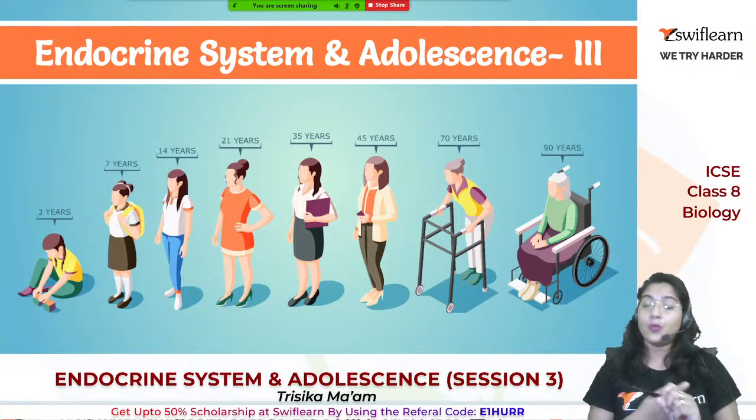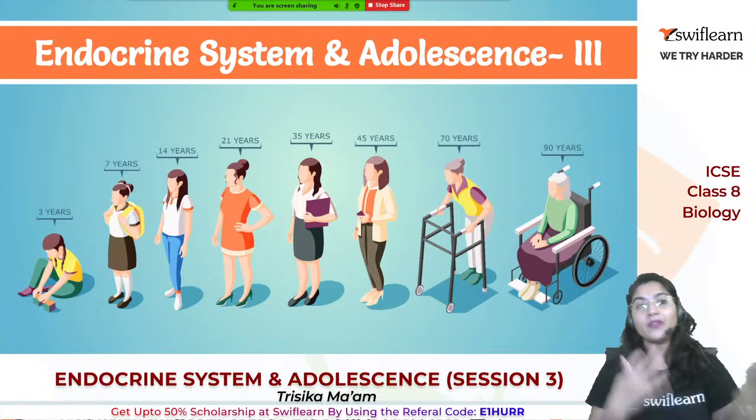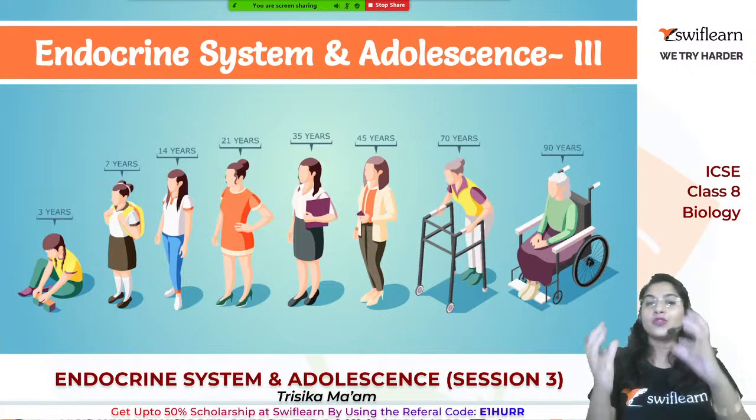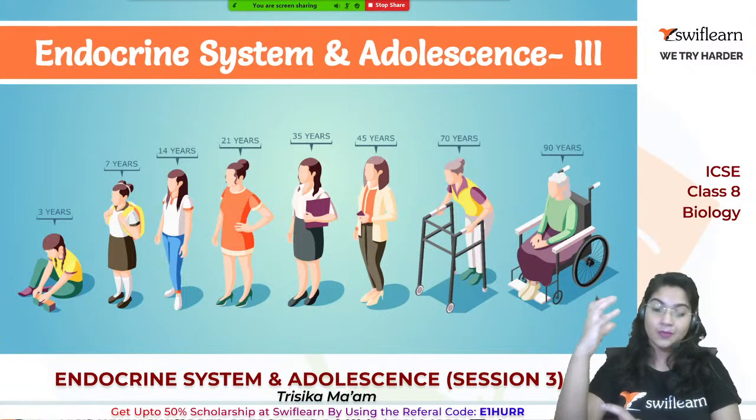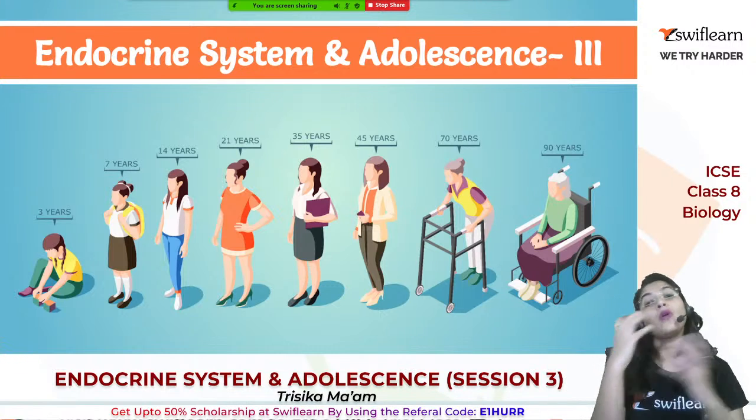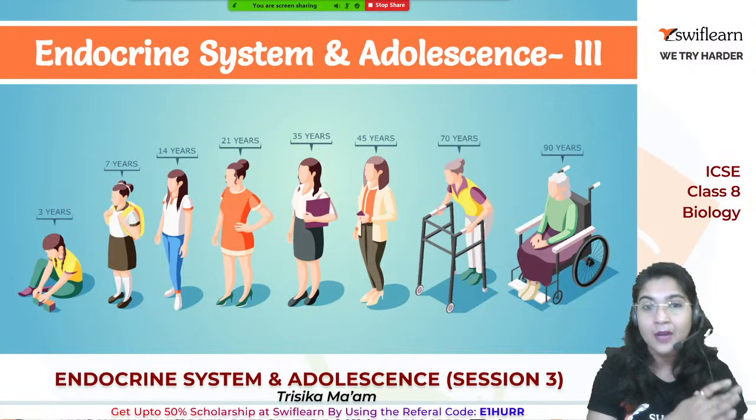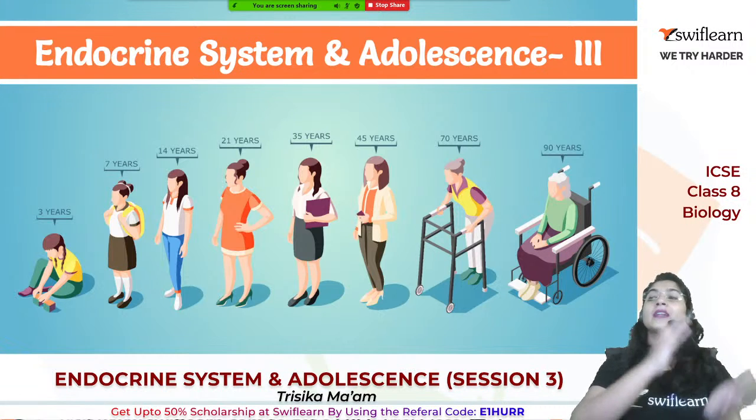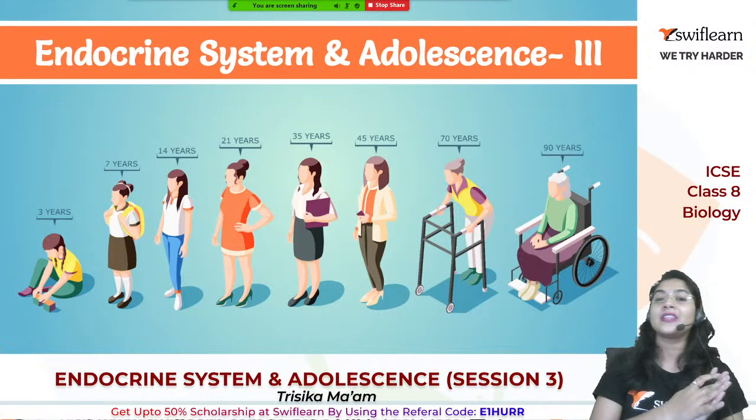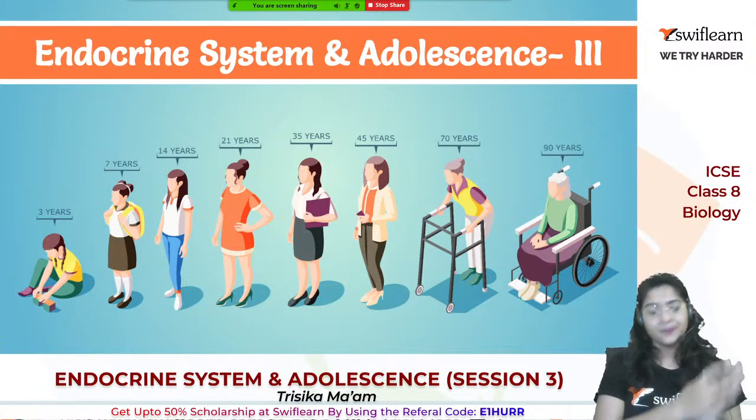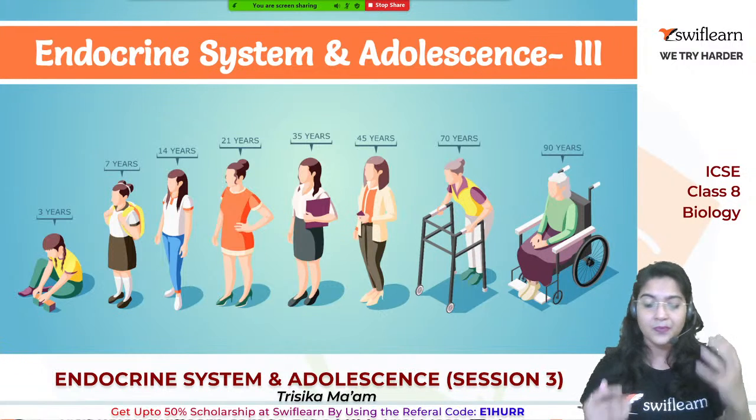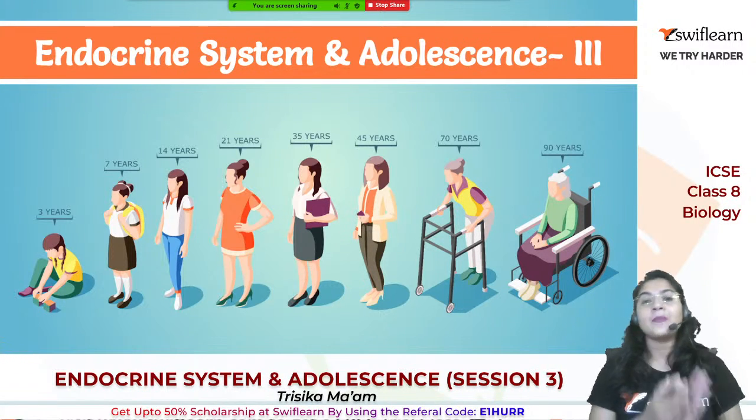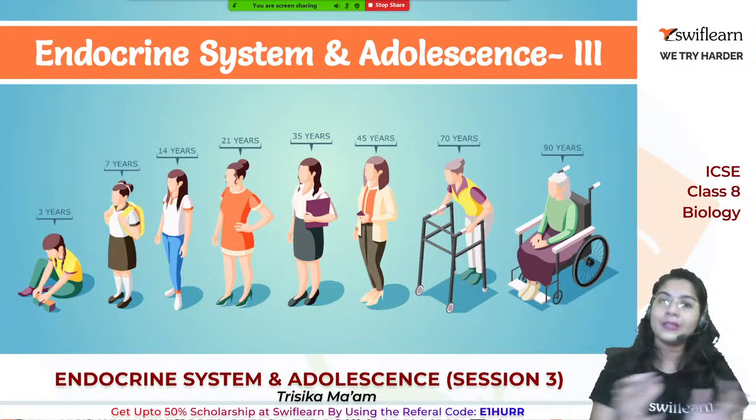Let me tell you what we have already studied. We have already studied the different glands present within our body. The endocrine gland is the most important gland, which secretes all the different types of hormones inside our body. And what are the different effects of all these hormones? What are the different changes which take place during adolescence and puberty? All these things we already discussed in the previous session, right? So today mainly we will discuss